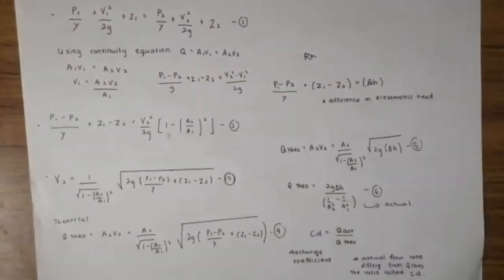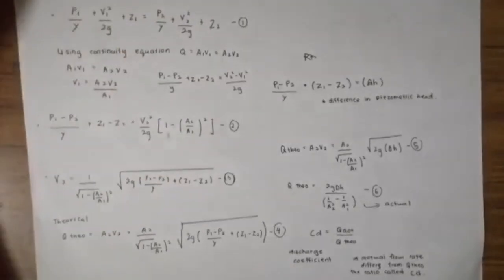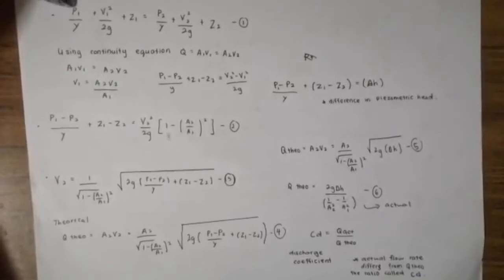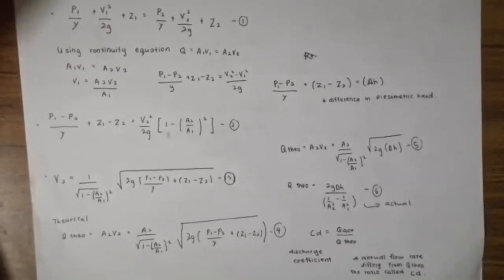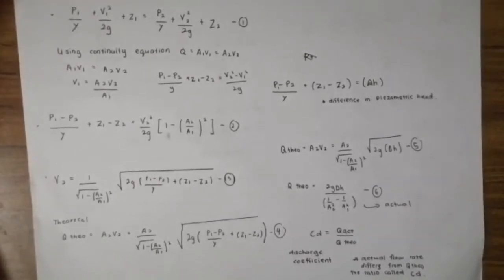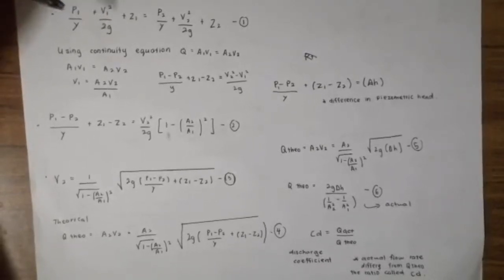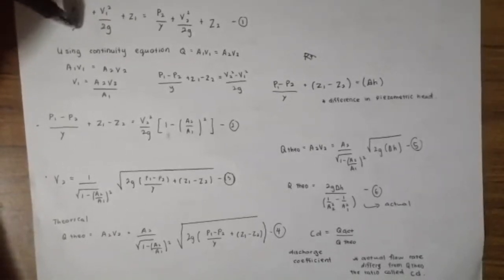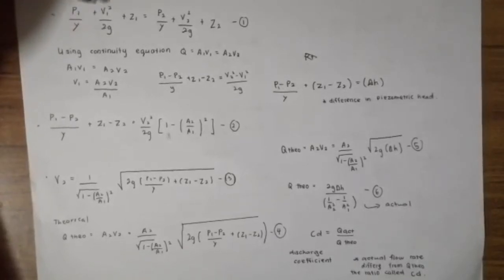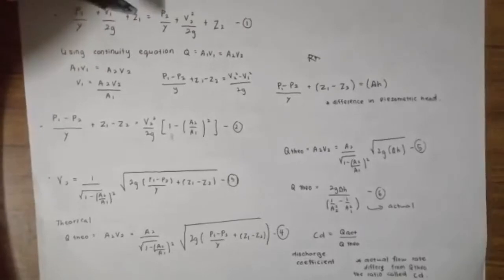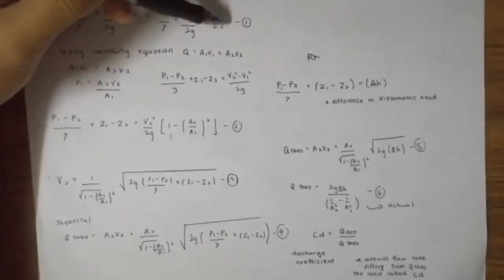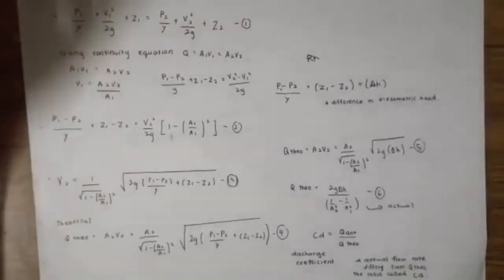Alright, this is the continuation from the additional theory. As we can see here, this is the equation used in the venturi meter that was applied from Bernoulli's principle. This is P1 over gamma, which represents rho g, plus V1 to the power of 2 over 2g plus Z1, and the same for P2, V2 and Z2. To derive the formula,